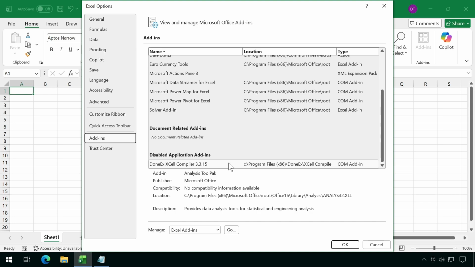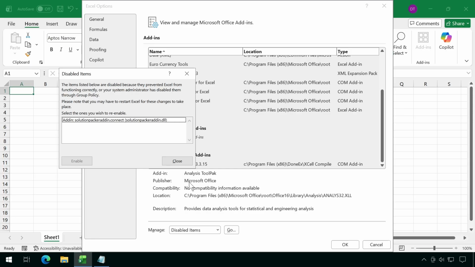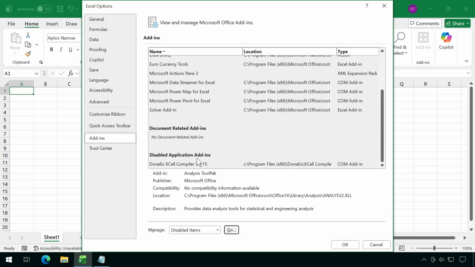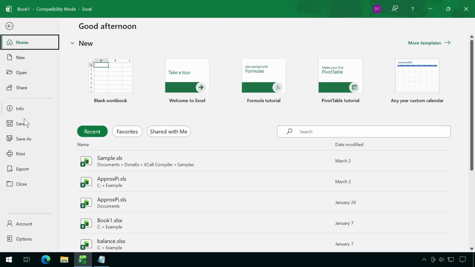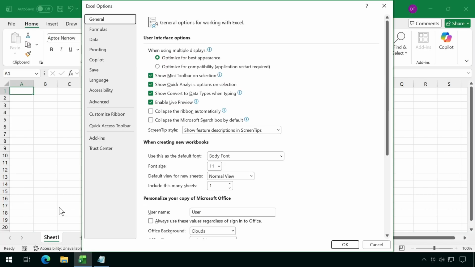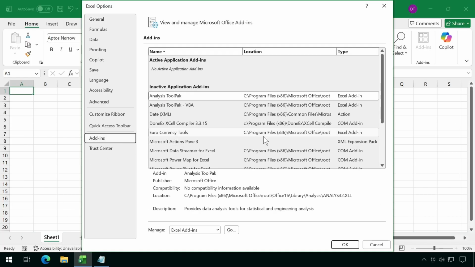To resolve this, I select the drop-down menu next to Manage, and I select Disabled Items and press Go. I select the disabled item and press the Enable button, and then I close this window and press OK. Then I go back to File, Options, Add-ins, and I can see that Excel Compiler has moved up to Inactive